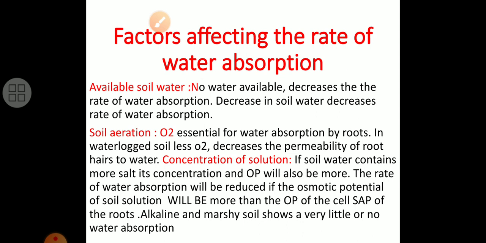Now osmotic potential means a little bit of energy. Suppose a lot of energy is present in the soil solution and less energy in the cell sap of the root system, then definitely water will not be absorbed more. Alkaline and marshy soil shows very little, poor or no water absorption,